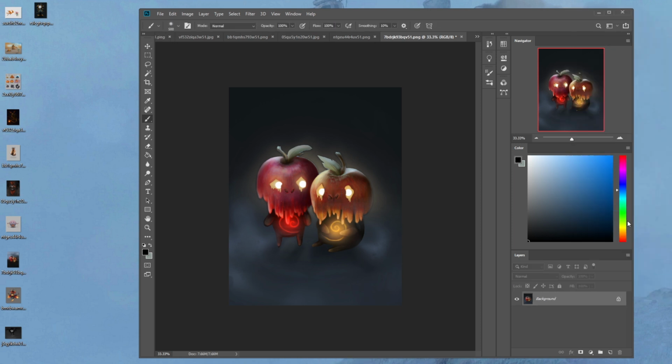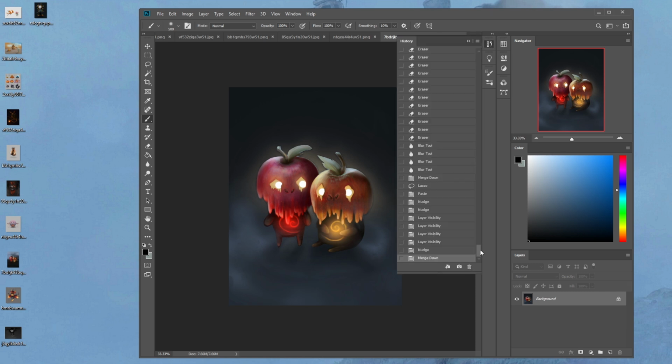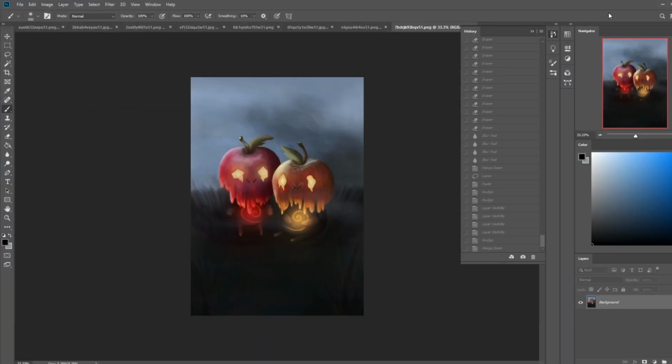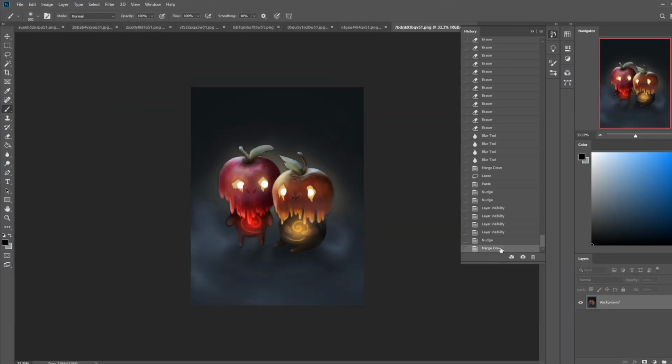Okay, so let's look at the before and after. Before, really plain, almost pitch black base. No reason to have that. You can still have fog in a dark scene. After, running more moonlight from the top, which you can do way better, by the way, because your lasso will be cleaner than mine. And you can really push that moonlight on either side of both apples. By the way, I don't know why I only did one.